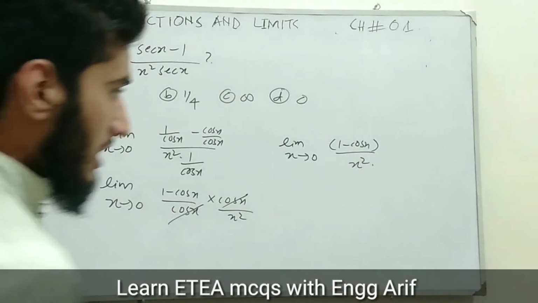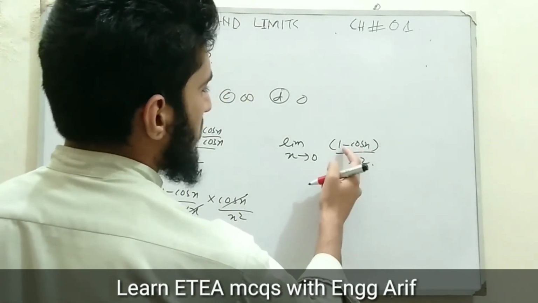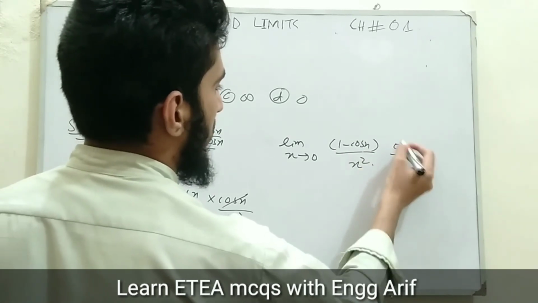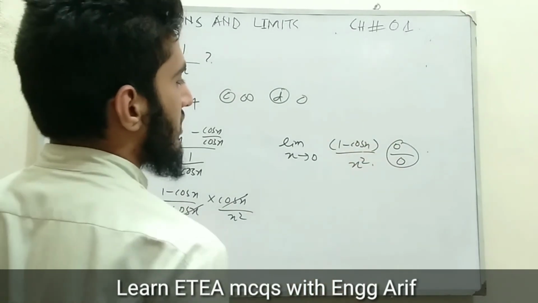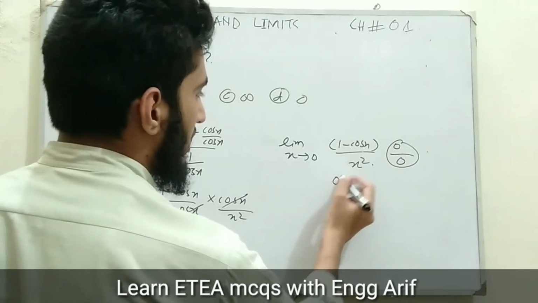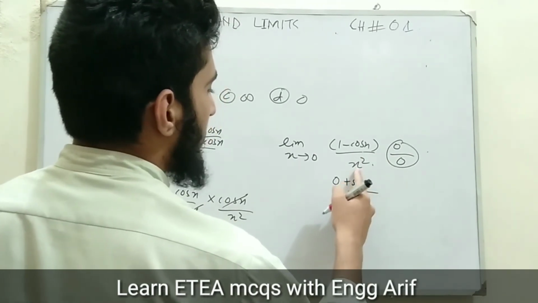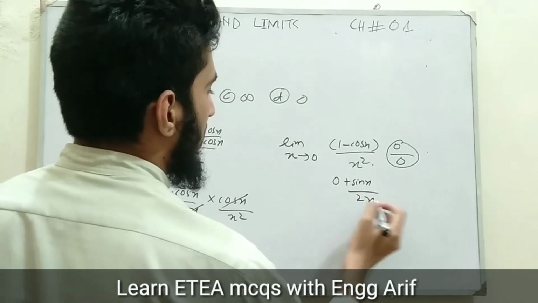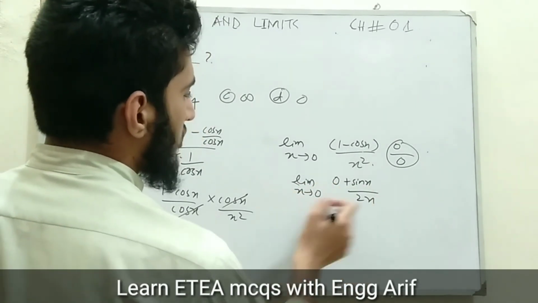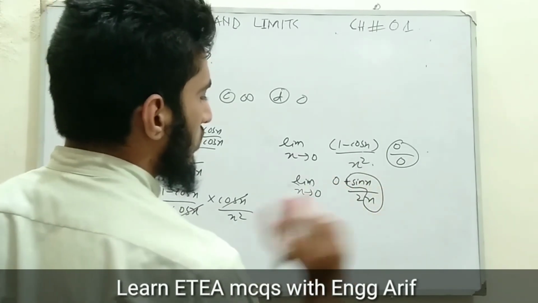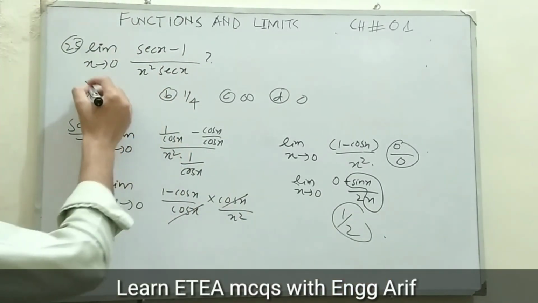Now here I am going to put the value of x as 0. So it becomes 1 minus cos 0, which is 1, so it gives us 0 divided by 0. So again it is an indeterminate form, we will apply L'Hospital's rule, meaning we will differentiate each and every term separately. Differentiation of 1 is 0. Differentiation of cos x is negative sin x, it will give us plus sin x, divided by the differentiation of x square, which is 2x. Remember, when limit x approaches 0, sin x over x will always be equal to 1. So we are left with 1, in the denominator we are left with 2. So the result is 1 over 2. So the correct option is option A.